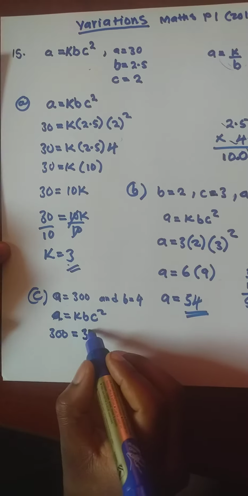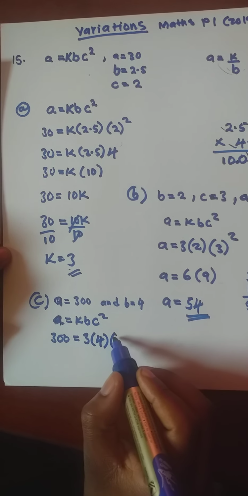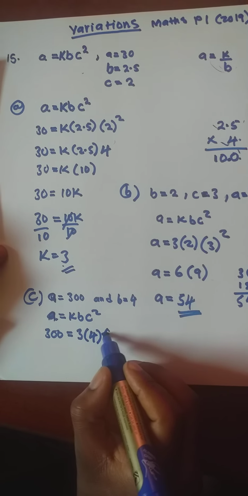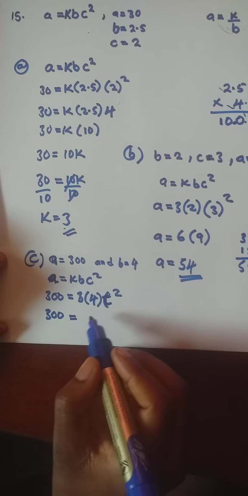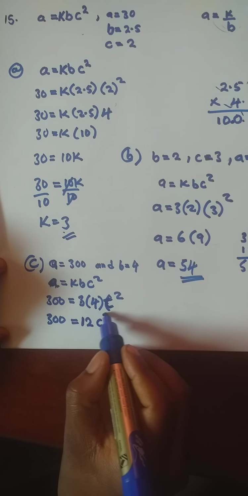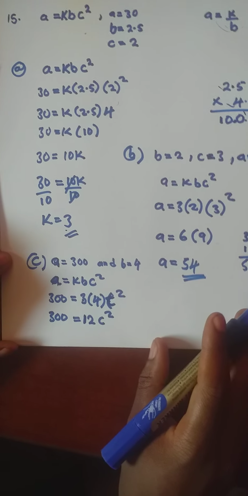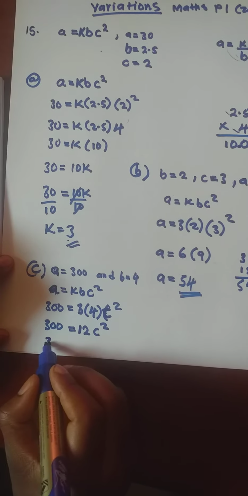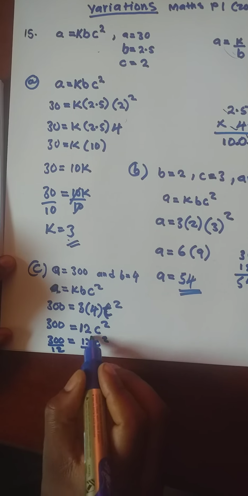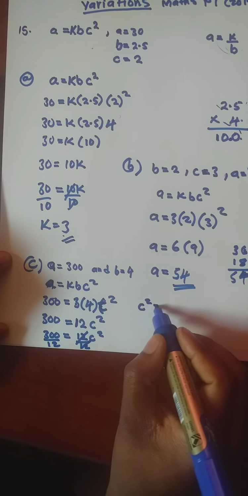And A is 300. So what is missing is actually the C squared that we do not know. The K, the B and the A we know of. So it will be 300 is equal to 3 times 4. This is 12, so 12C squared. To continue, you need to divide both sides by 12. You cancel. So you're going to have C squared is equal to